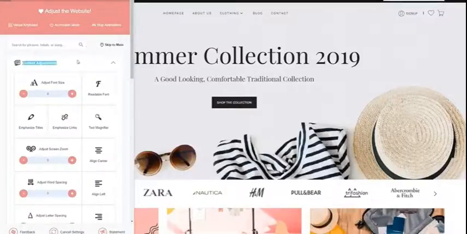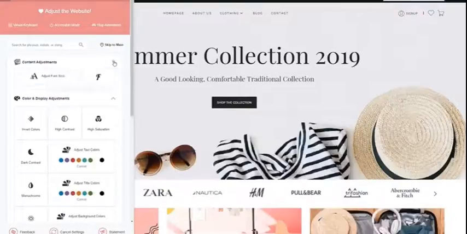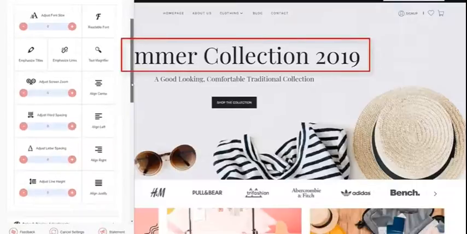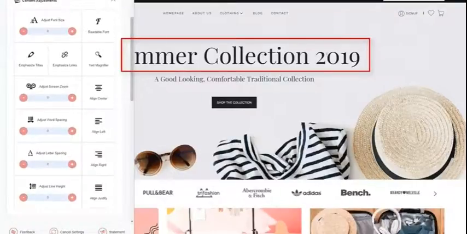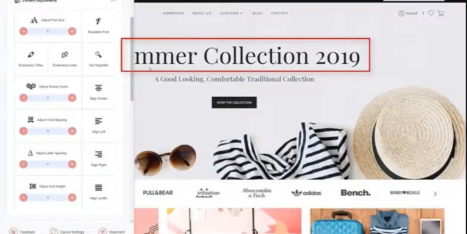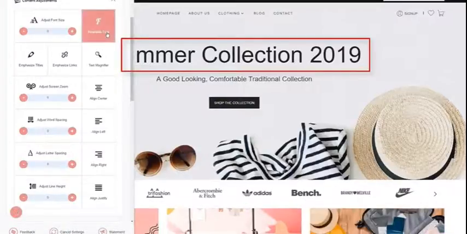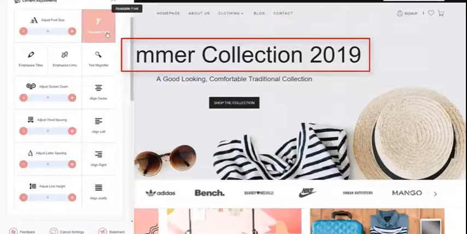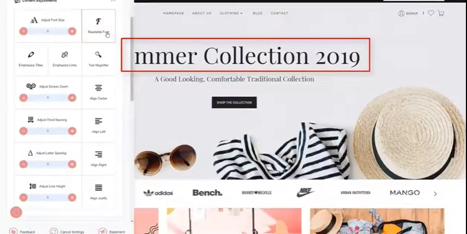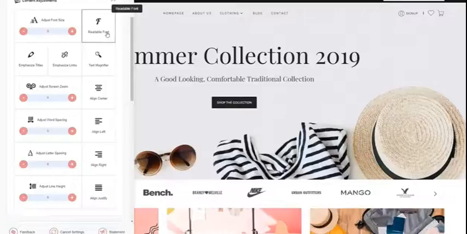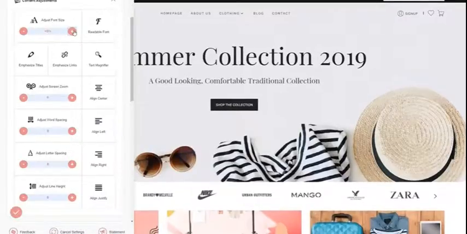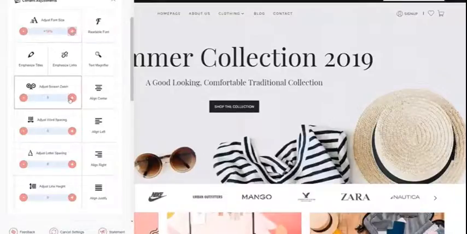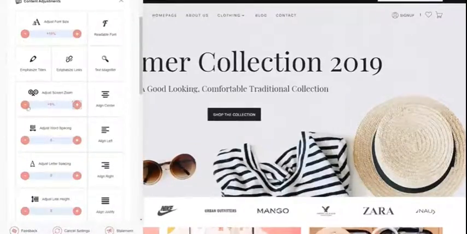they're interacting with. The content adjustments have different options to adjust how the content is displayed. So if this font isn't visible to someone with blurred vision, they can simply click on Readable Font to make the website easily readable. In addition, if they find that the content is too small, then they can adjust the size until it's just right for their particular need. They can also adjust word